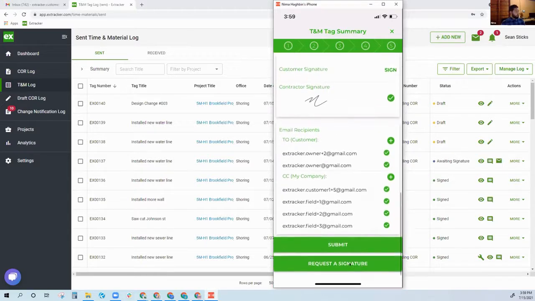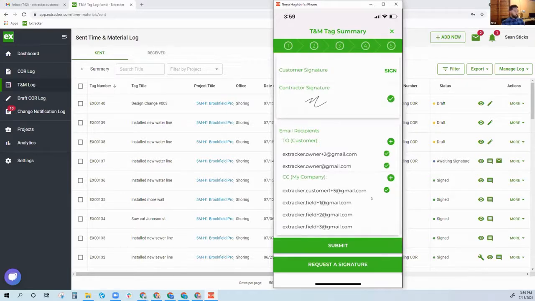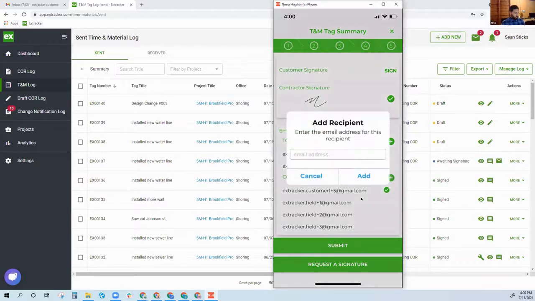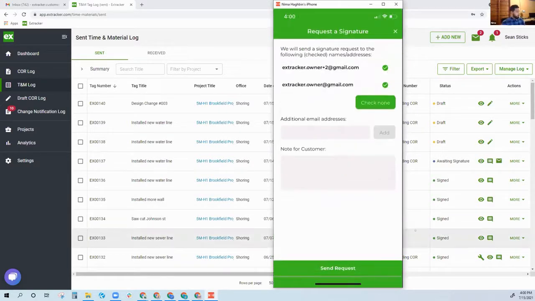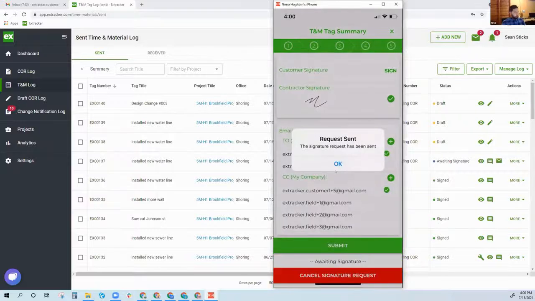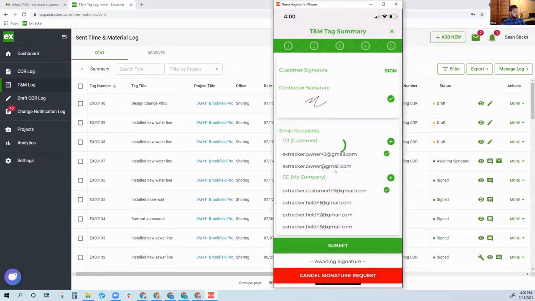So what you can do is then request a signature. And so here as well, you can select who on the team gets the notification and who on their team gets a notification. And you can also add emails there. But let's say in this case, my superintendent is nowhere to be found. I'm going to request a signature, then send it over. And so as your foreman, you're done in terms of filling out a tag. You can see over here on your TNM log through the mobile app